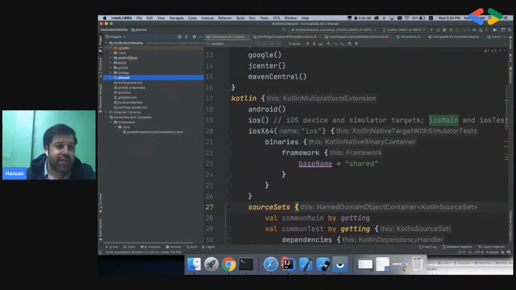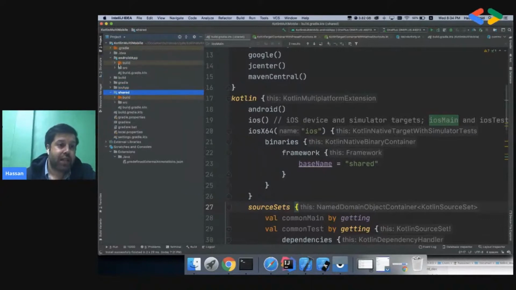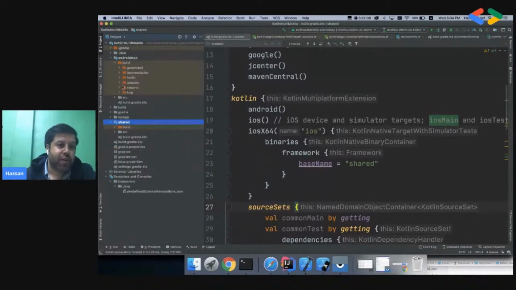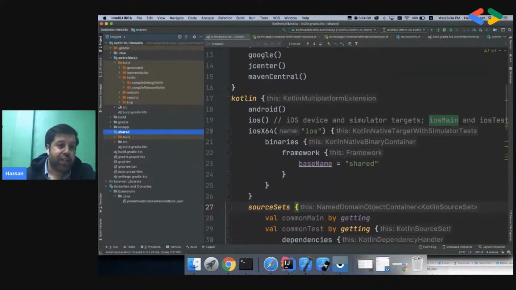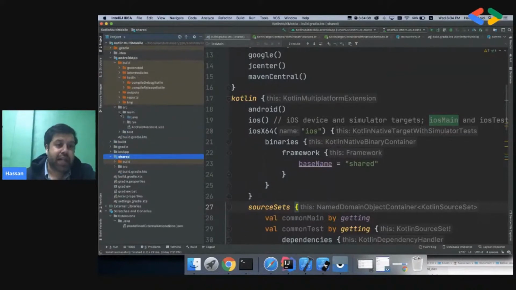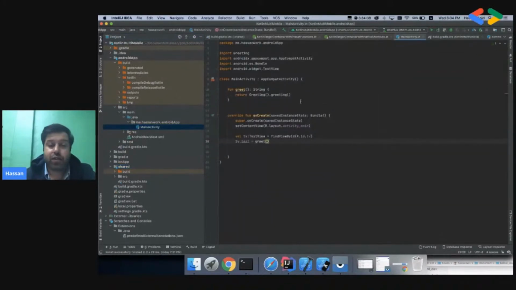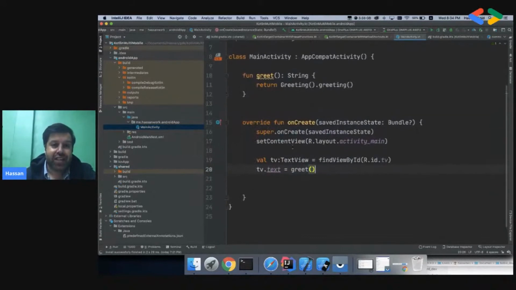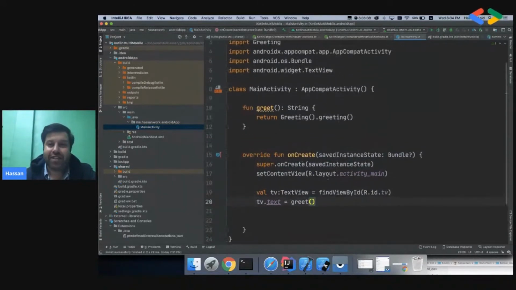You can see I have my Android app, I have my iOS app code, then I have the shared code. This is all the shared code between the two platforms. The Android app code will be all written in Kotlin, and you can use all the Android libraries here. You can see all these activities and all the familiar stuff.